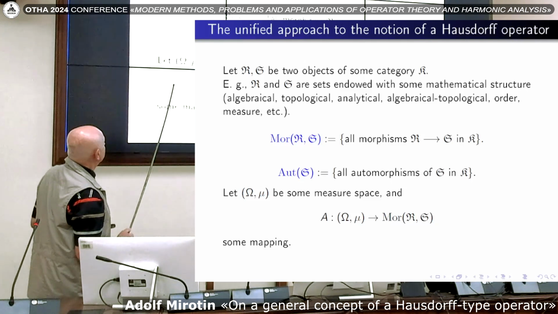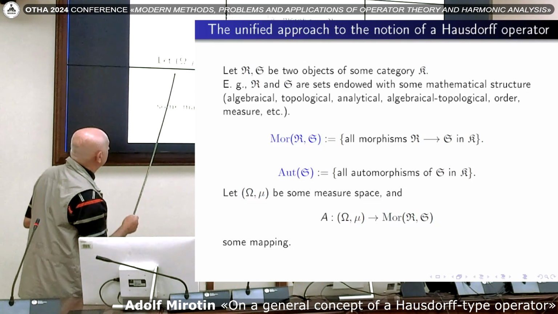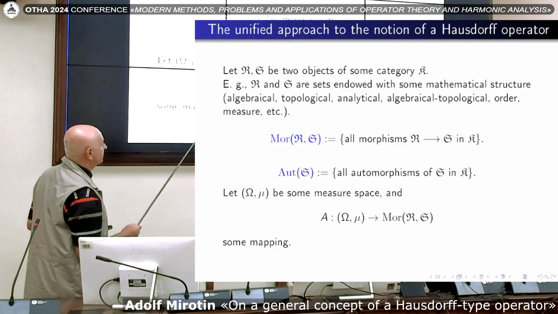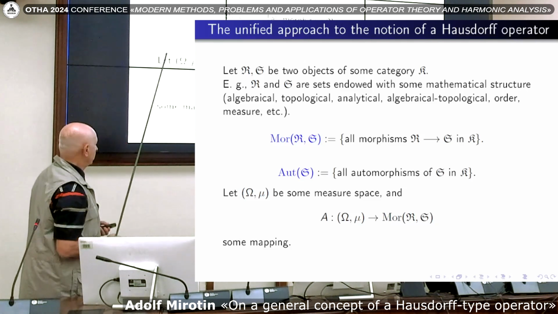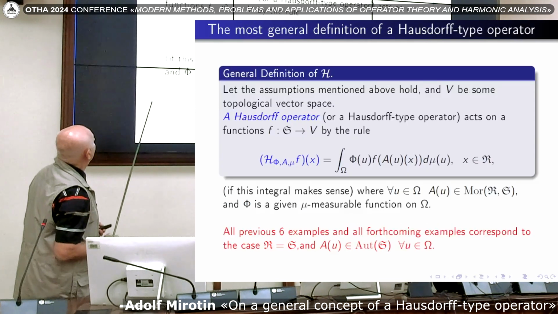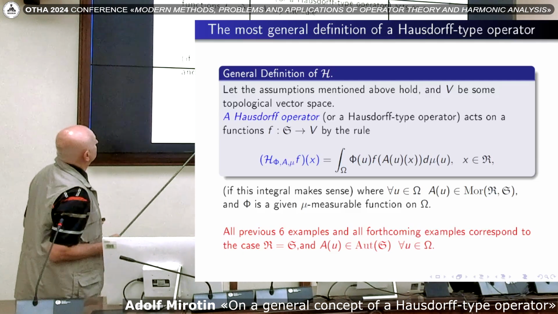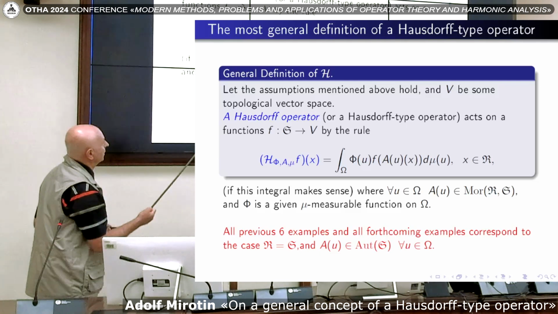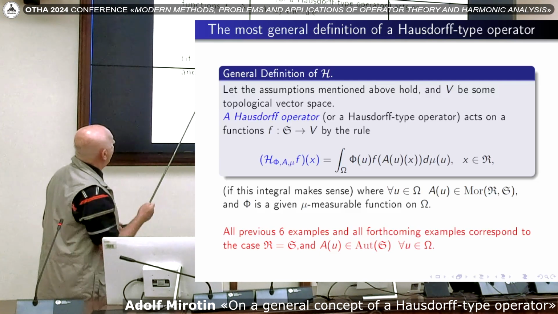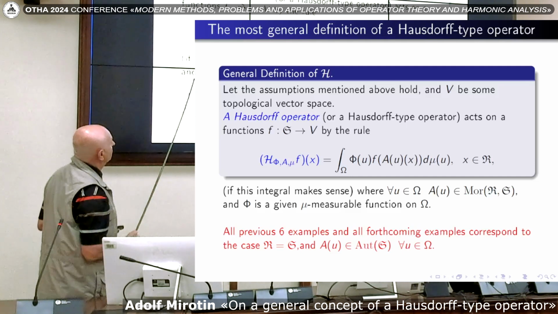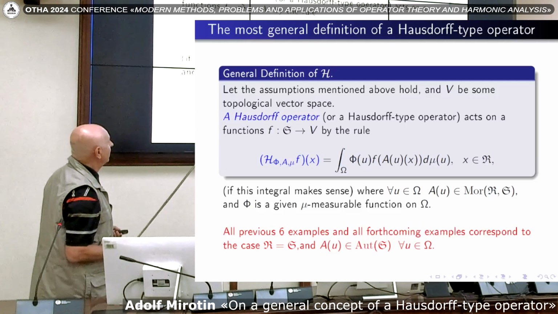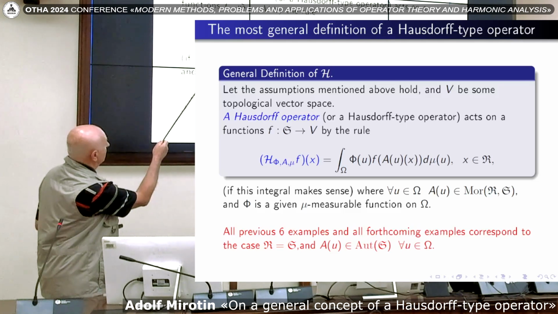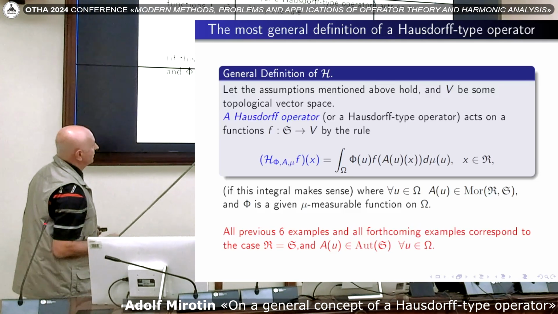And then let me introduce an arbitrary measure space (Omega, mu), and the family of morphisms A, a map from Omega to the set of all morphisms in this category. So the general definition I propose is as follows. Let V be an arbitrary topological vector space, and F a function defined on the set S. S will be a set, not only an object of this category, but a set. And F is a V-valued function on S. Then we